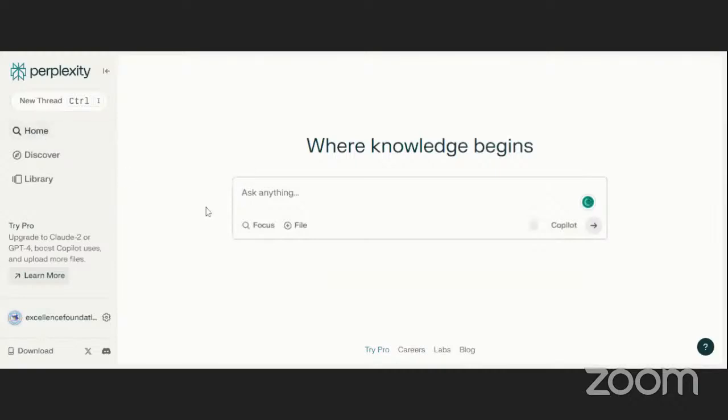When we come back home, we can ask it questions that we want. Let's say we want to write a job interview application letter.